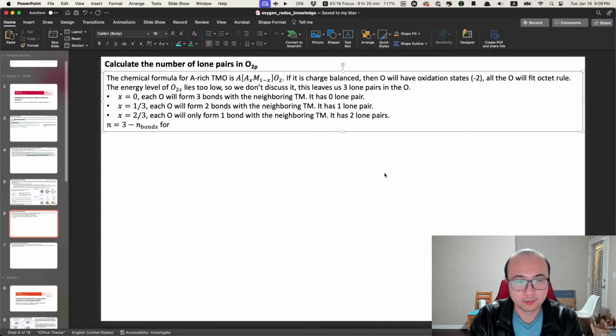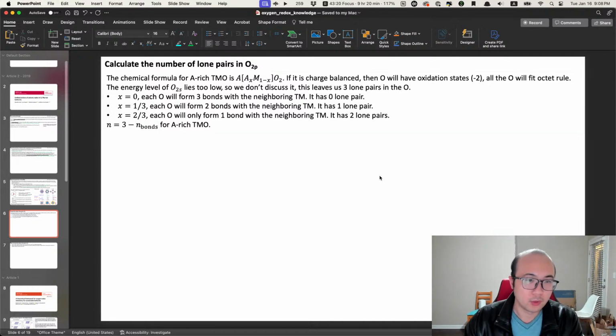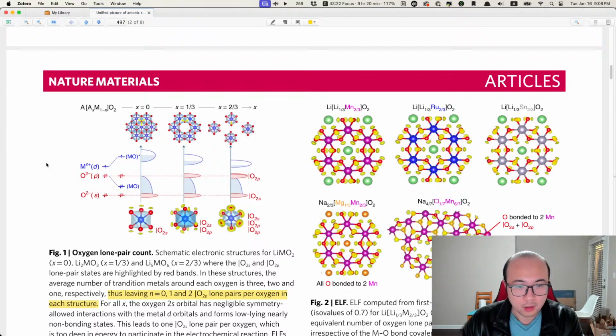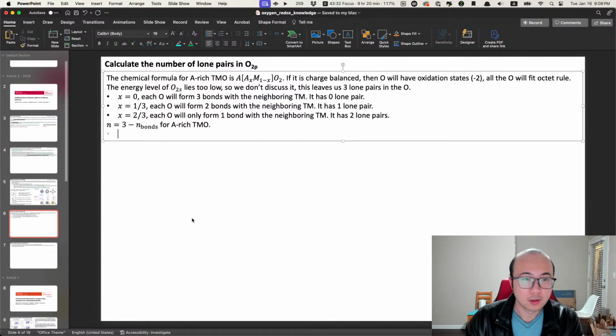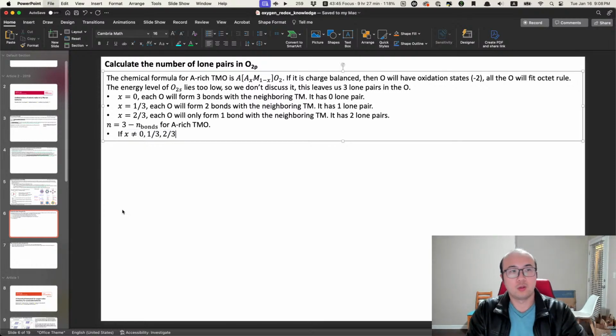And if x is not equal to 0, a third or 2/3,